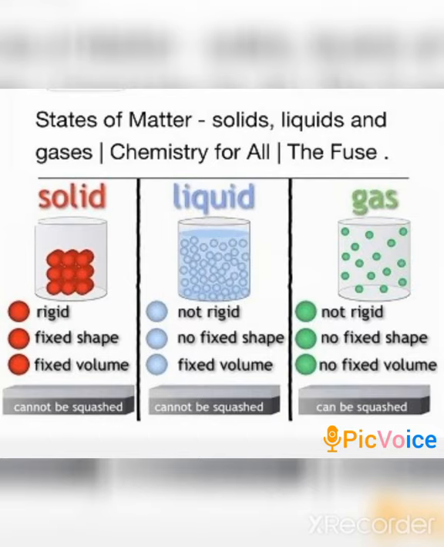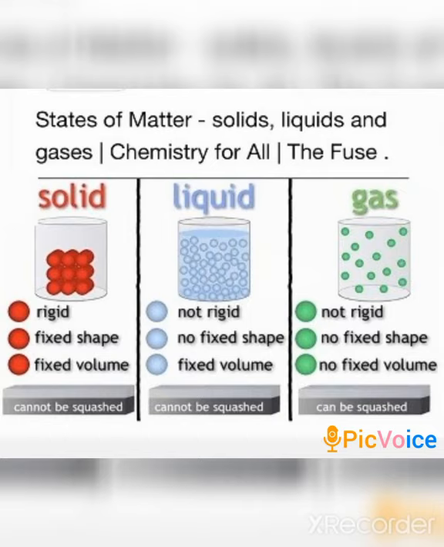But with respect to the gases, it is completely reverse. The gases are not rigid. They can move in the space. They can form any shape. For example, with the help of air, we can blow a balloon, right? And the balloons can also be of different shapes. So the gas occupies the space in the balloon according to the shape of the balloon. So it doesn't have a fixed shape even. And the volume of the gas is also not fixed. The gas can be compressed or expanded.